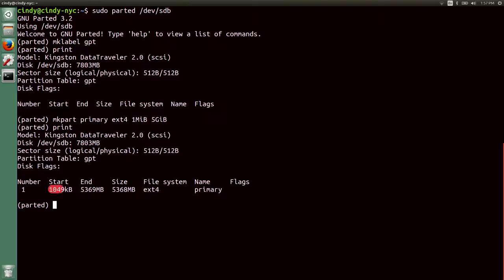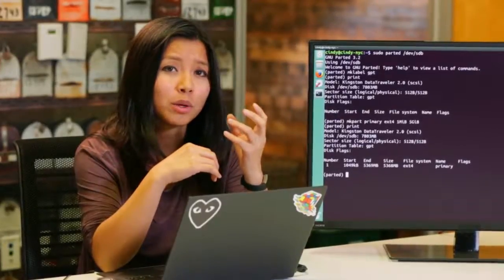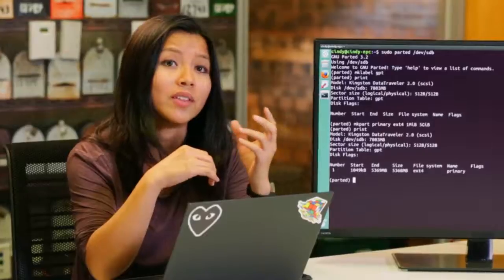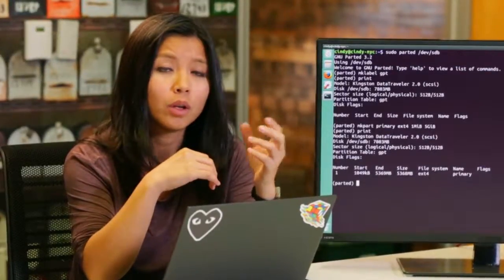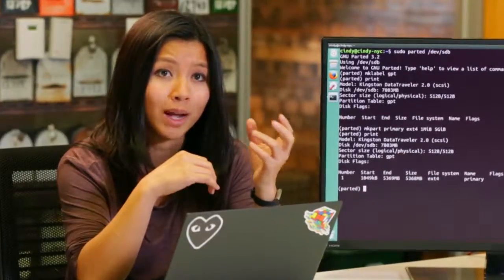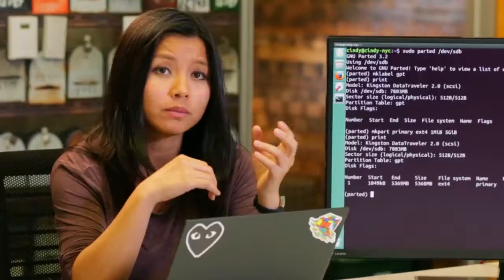The start point here is 1 megabyte, and the end point is 5 gigabytes, so our partition is essentially 5 gigabytes. Remember from an earlier course that data sizes have long been referred to in 2 different ways, using the exact data measurement and the estimated data measurement. Remember that 1 kibibyte is actually 1024 bytes, while 1 kilobyte is 1000 bytes.